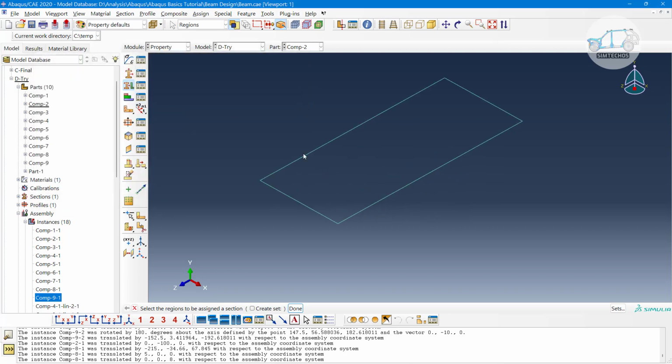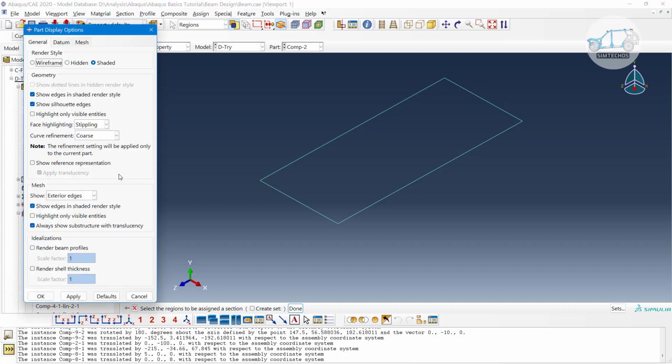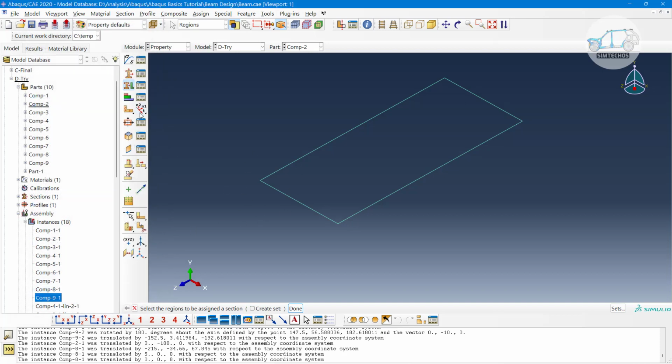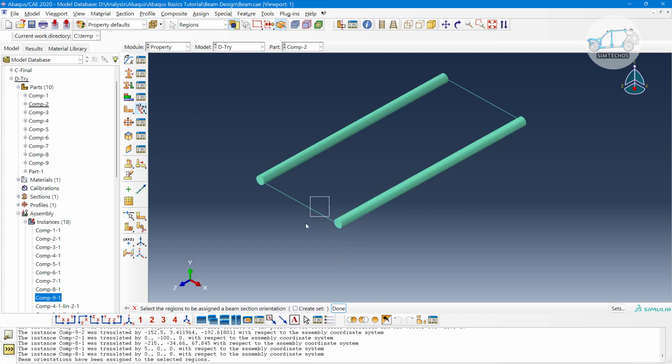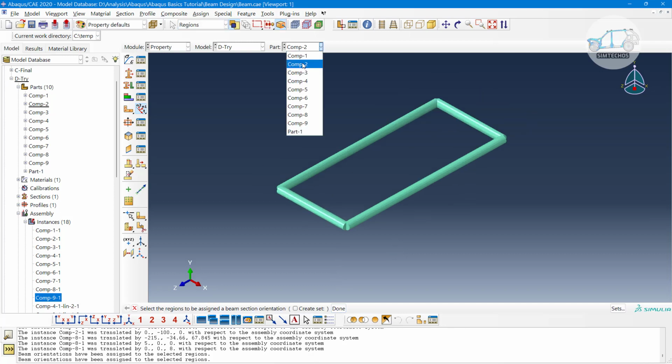Still, if you want to see the cross-sectional area of the beam component, you have to go to view, part display options. In assembly, you have to go with the assembly display options, render beam profile. But there is no beam profile because the direction is not yet assigned. Okay. Let's say the direction is 1, and for these two members, let's say direction is -1. Fine. Similarly for component,